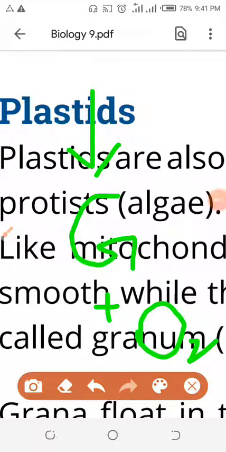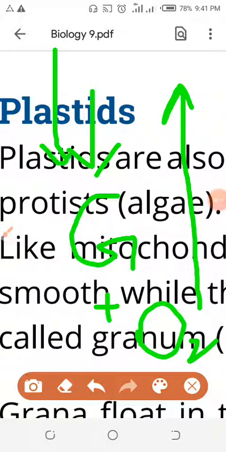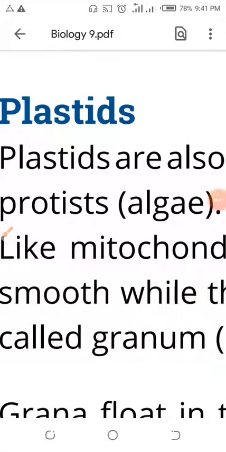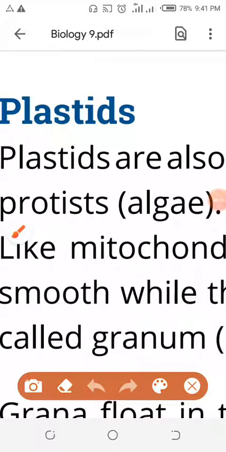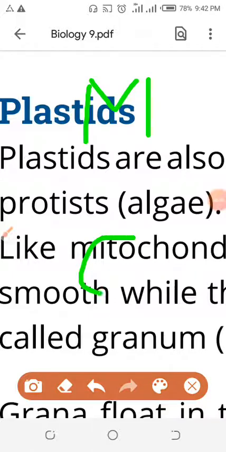This difference is opposite. I was telling you that in respiration, glucose reacts with oxygen to form carbon dioxide and water. Here I am telling you that carbon dioxide and water react with each other to form glucose and oxygen. Both reactions are opposite, both are important, and both take place in two important organelles. Both organelles, mitochondria and chloroplast, consist of DNA and ribosomes. That's why I was saying that these two organelles are so important: one is the mitochondria and the other is the chloroplast.